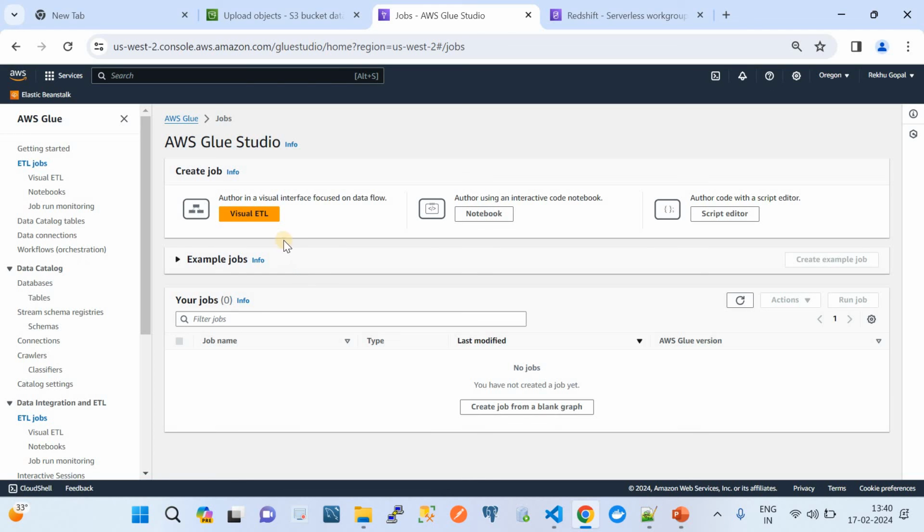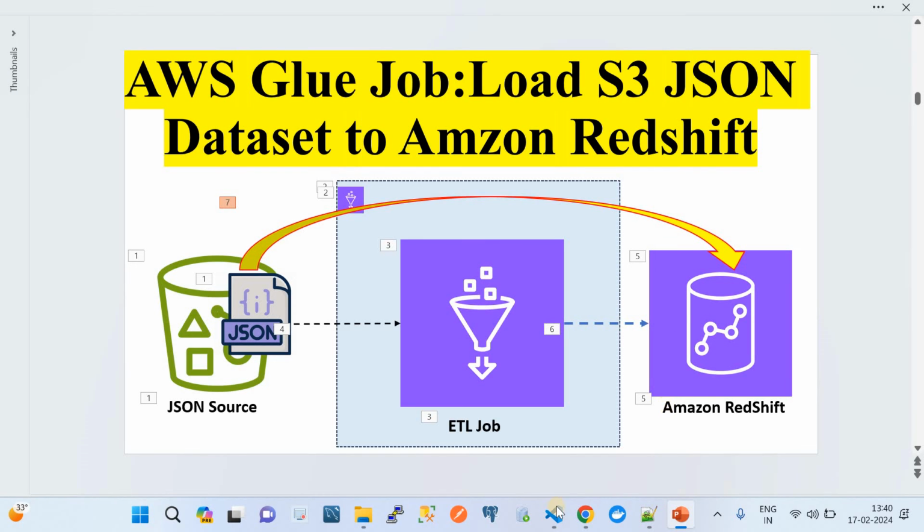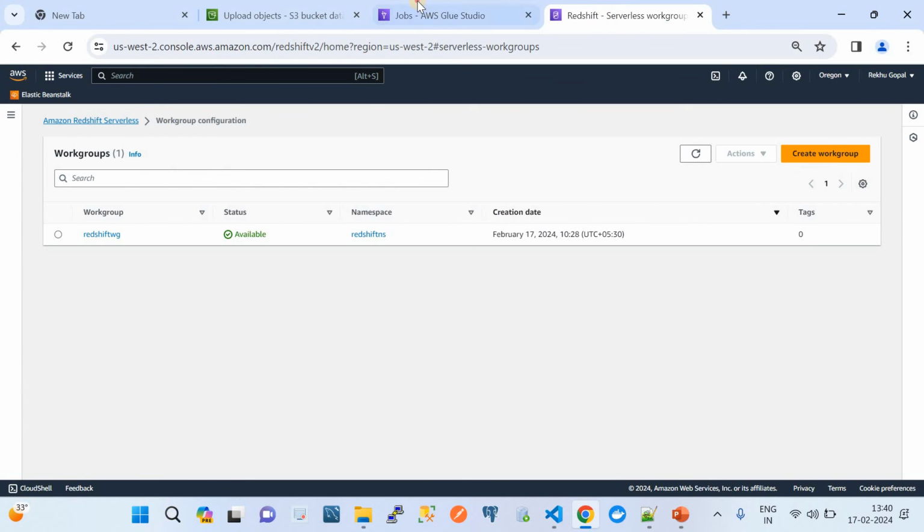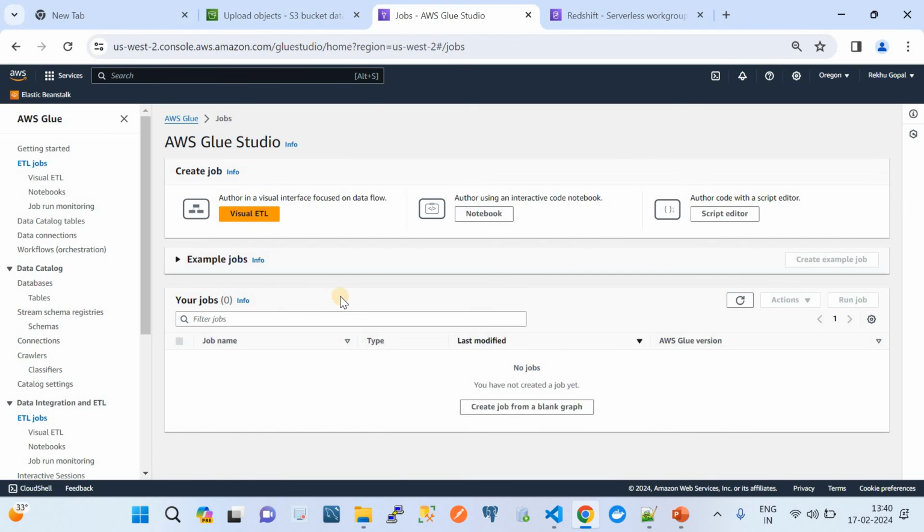So wait for that, right? Before we go to this one, make sure that you have a destination ready, that is your Amazon Redshift cluster. Before I show you how to construct this AWS Glue job using the Visual ETL Studio,